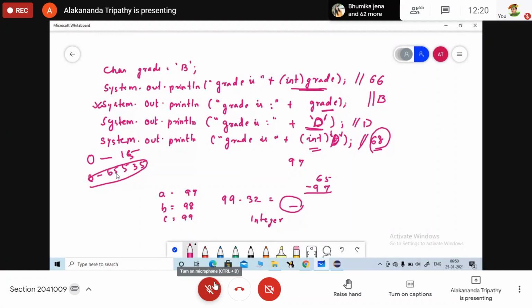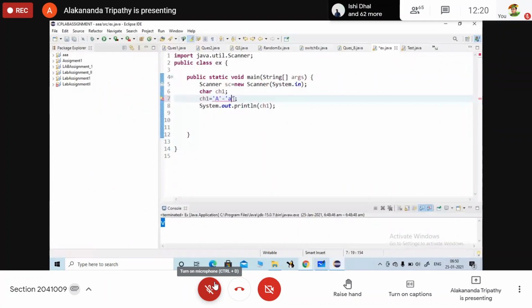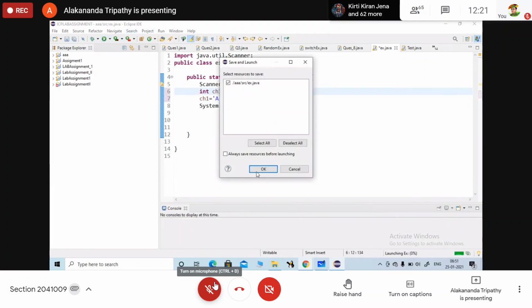If a negative comes, can it store the value in negative? No, ma'am. So it will show you an error: cannot convert integer to character. Change the type to integer. If here I write int, then it will show me the answer in terms of negative.